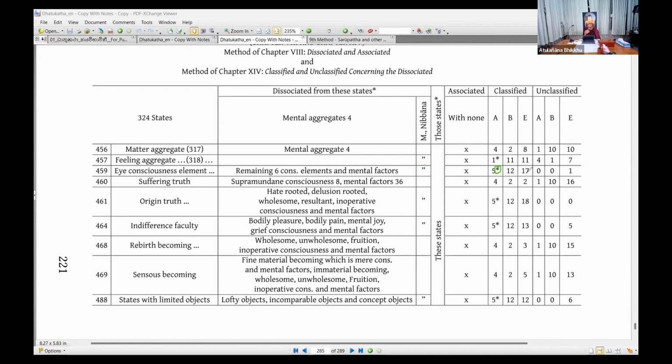But when it comes to the elements, we see only 17, right? Why only 17? Because the state of inquiry itself is the eye consciousness element. From the 18 elements, the eye consciousness element is removed, so that's how we get 17 here. And moving to the unclassification, it's very straightforward. We get 0, 0, which means these states of inquiry are unclassified in aggregates and bases, and also unclassified